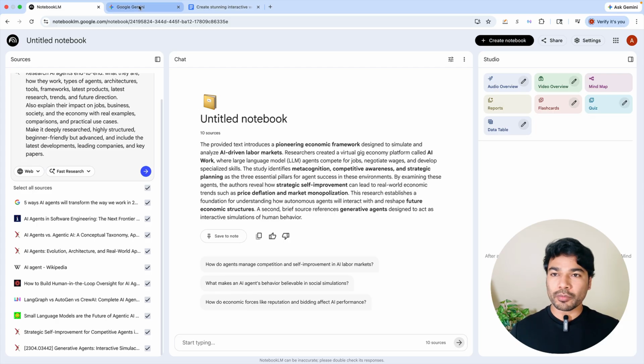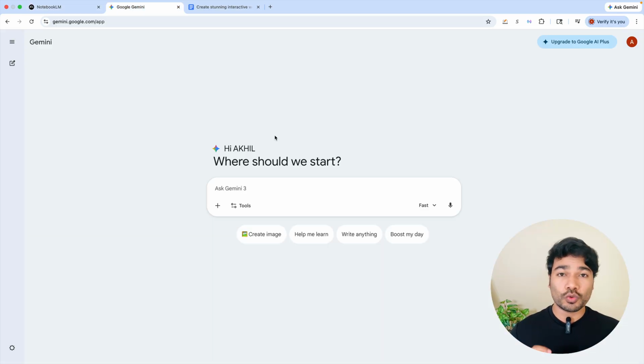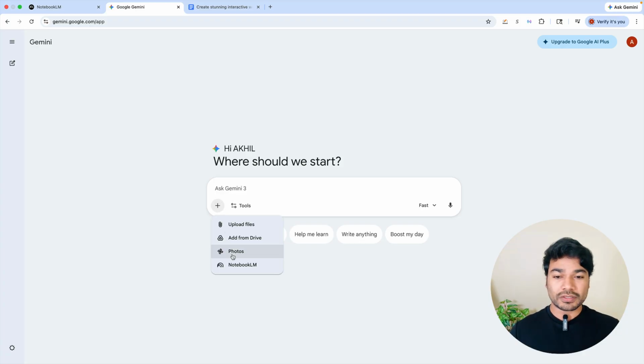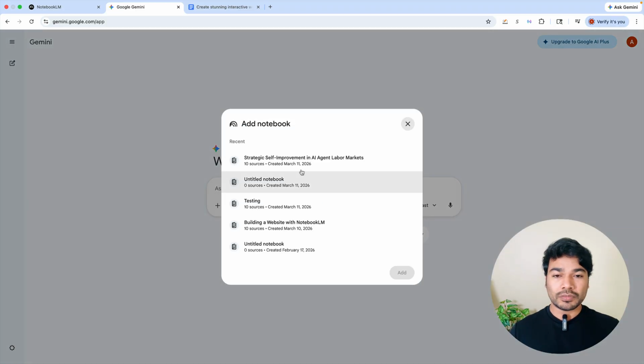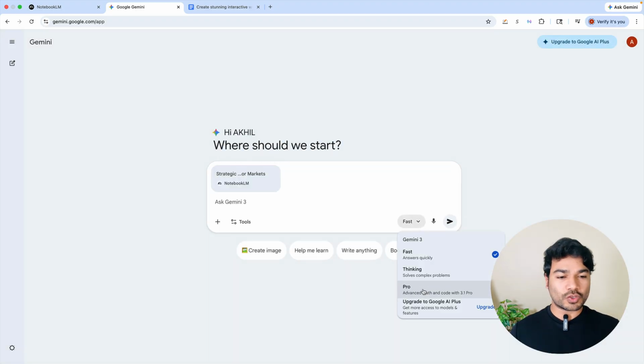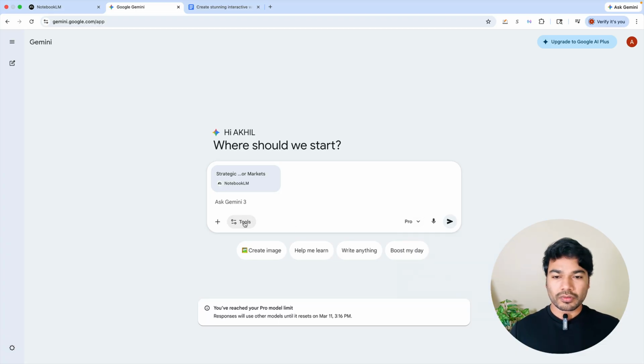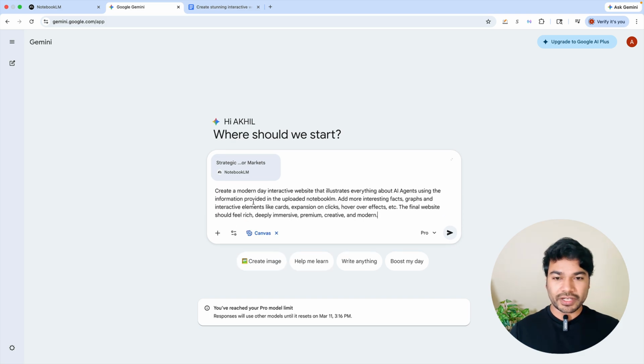Now let's go to Google Gemini. Make sure you are using the same Google account so that in your Gemini you can directly access the NotebookLM. So click on plus, select NotebookLM, and then you will be able to see the NotebookLM that we have just created. And then add it. Again, here if you have access to Pro plan, let's use that. If not, then fast is also fine. In the tools, you have to select canvas